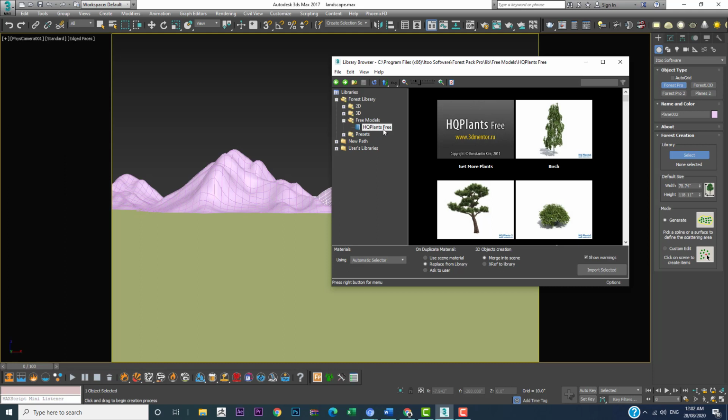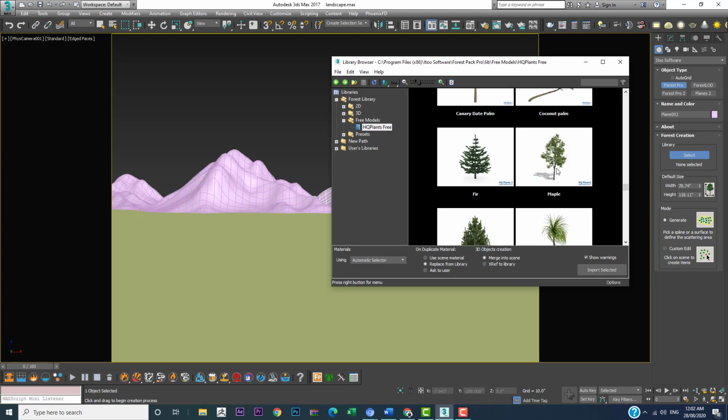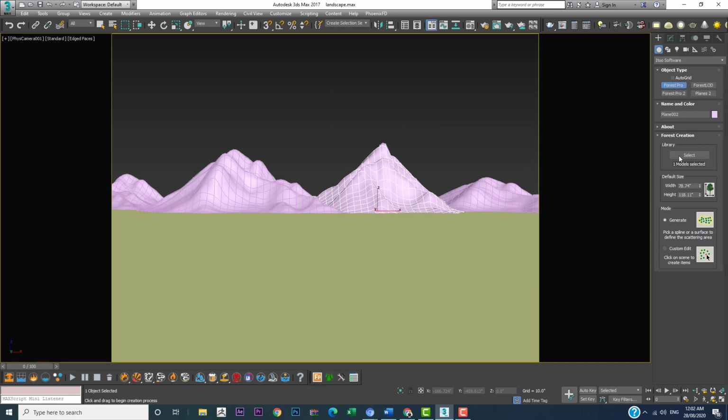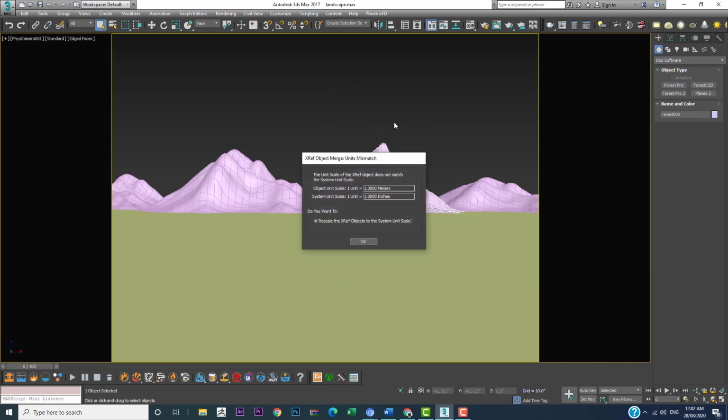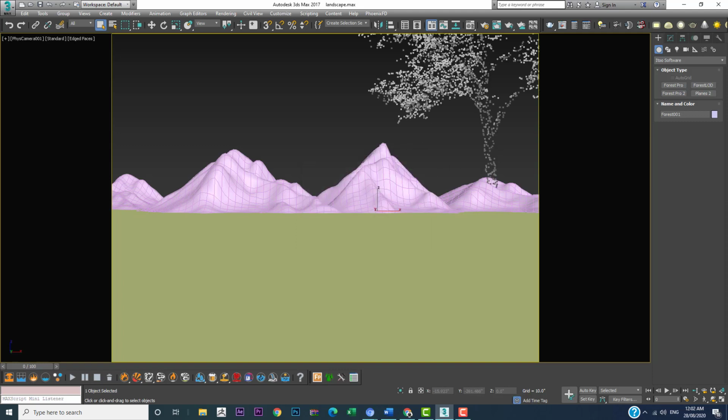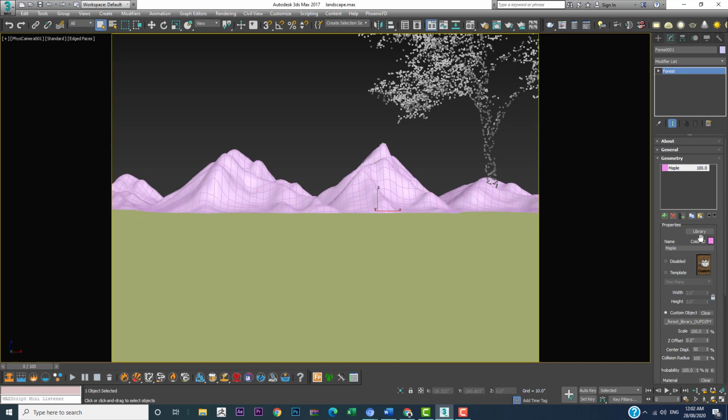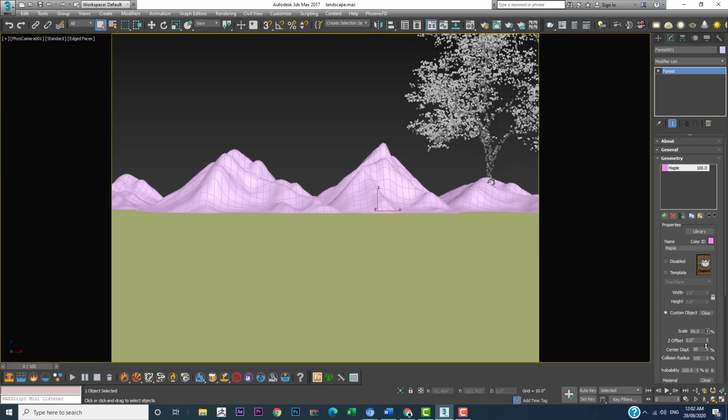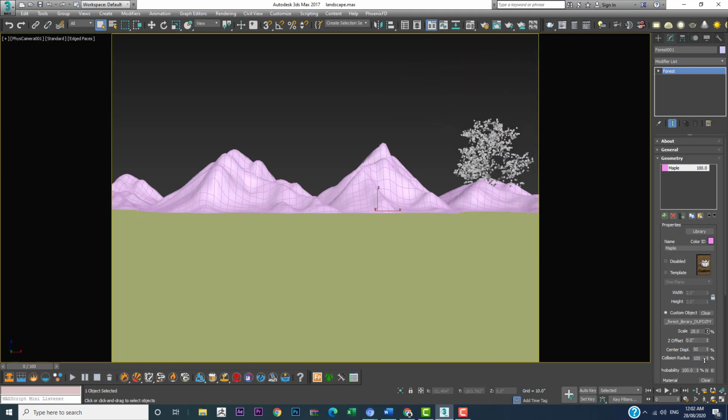So just select the HQ plants and let's add some maple trees. Import selected, and as you can see now it's showing one model selected, and just click on the surface and click OK. As you can see, the tree is looking very big and the mountain is looking very small. So we can go to the modify tab of the forest plugin, and you can see there is something called scale. Just scale it downwards, something like this,